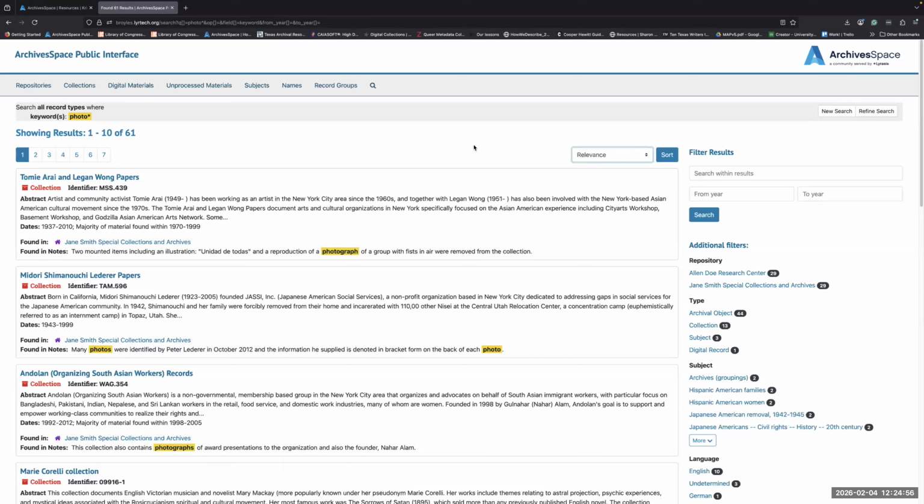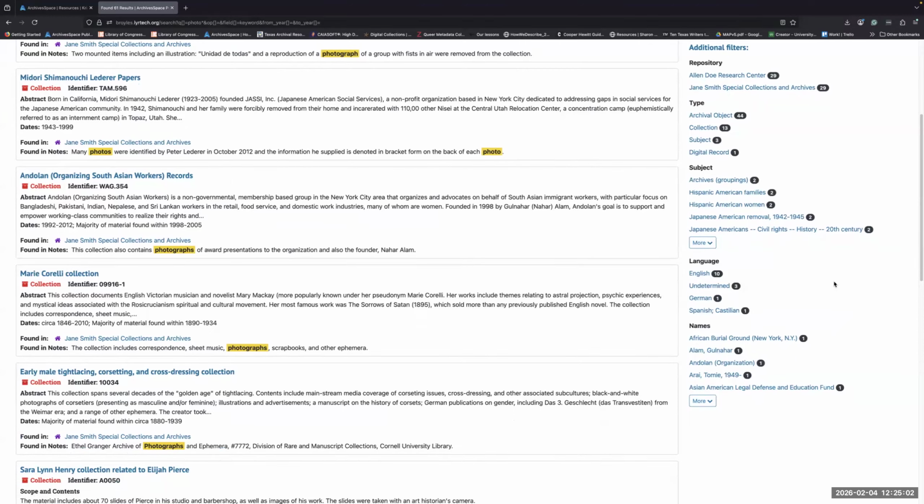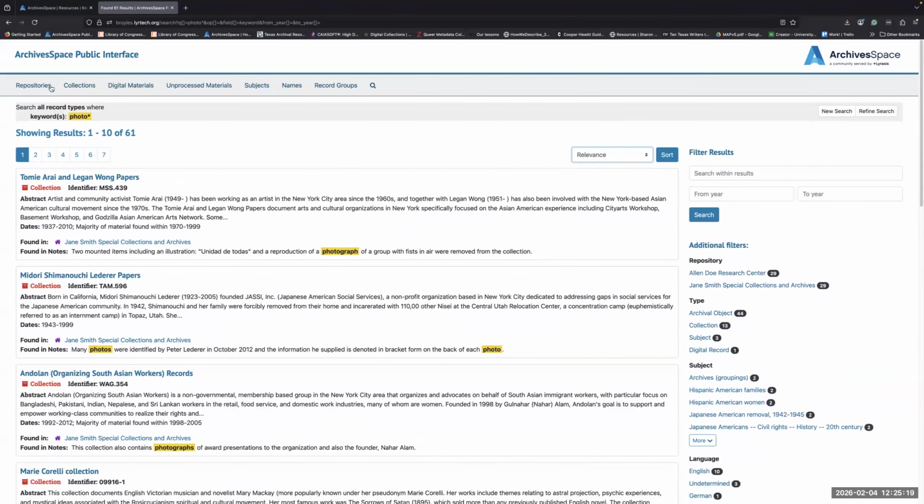So the one limitation to note is that you can only click on one additional filter. If you want to combine multiple subjects, the best way is to use advanced searches. Oh, and as a quick side note, users can enter keywords with or without diacritics. The searching will pull up both. So if we go back,